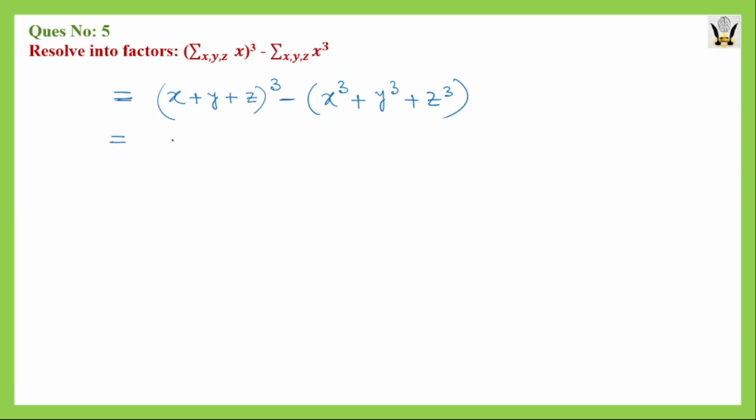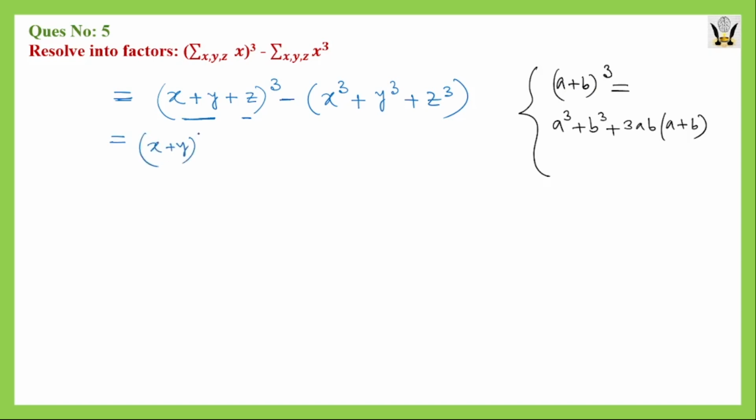Now we will apply the relevant identities. So now it is x plus y plus z whole cube. So x plus y can be considered as a single first term, and z as the second term. So it will resemble this identity a plus b whole cube. So we can write a cube, meaning x plus y whole cube, then plus b cube, meaning z cube, and then plus 3ab. So 3a means x plus y and b means z,